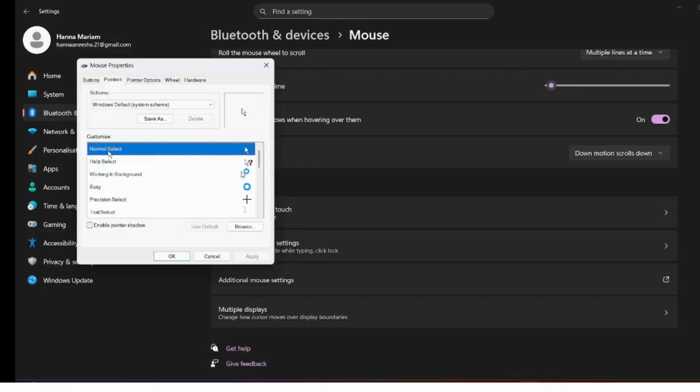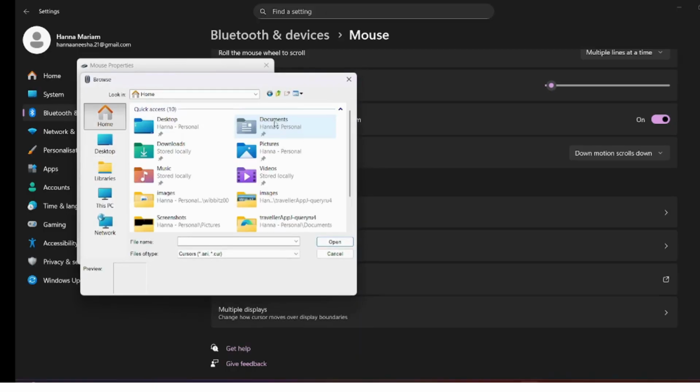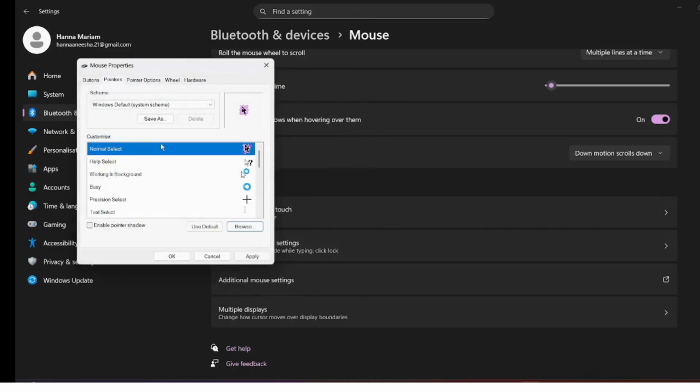So if you click on normal select and browse it, you can just download one of them. I'm putting this and then click on apply over here. Then my cursor is now changed to this,